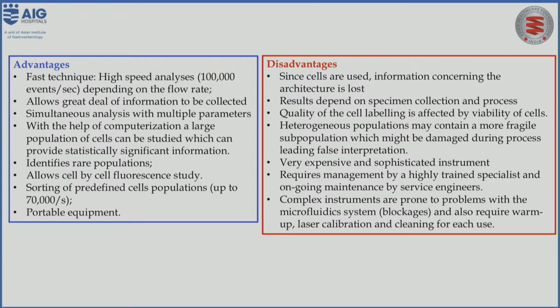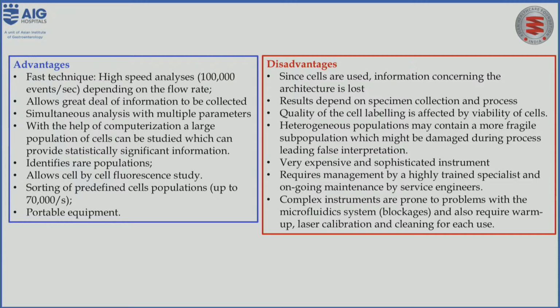The disadvantages of using flow cytometry: since single cells are used, we may lose the architecture of the cells. Also, the results obtained from flow cytometry depend on the specimen collection and how we process the sample. The quality of cell labeling is affected by the viability of the cells, when we use a heterogeneous population which contains fragile subpopulations, which might be damaged during the process, leading to false